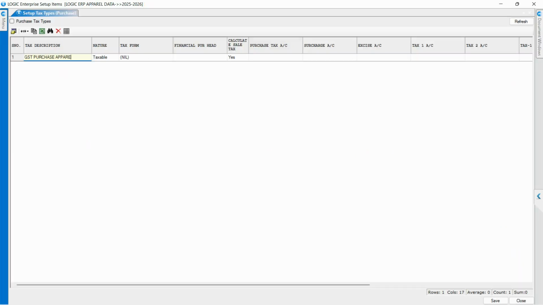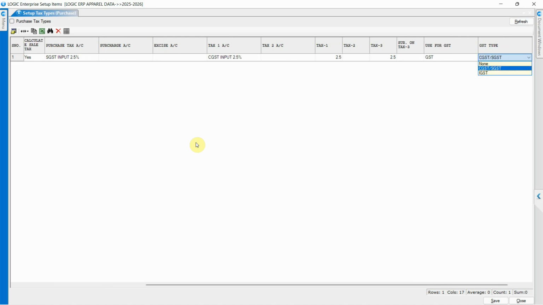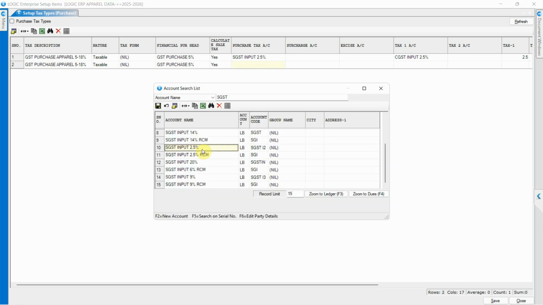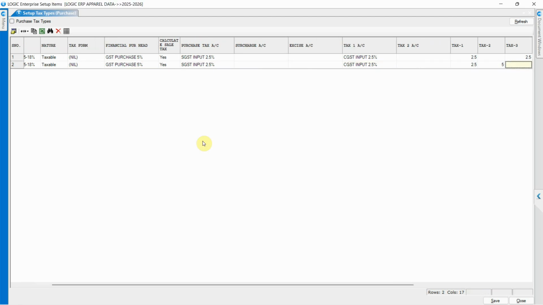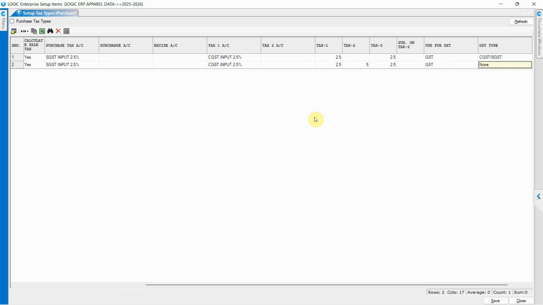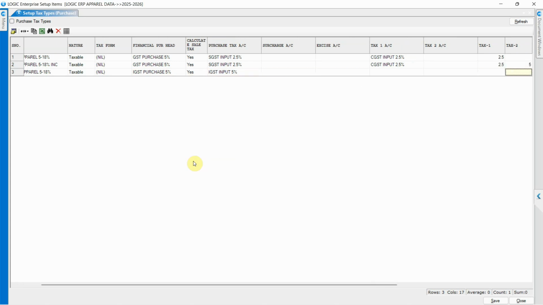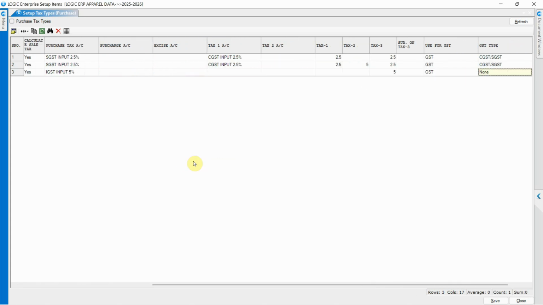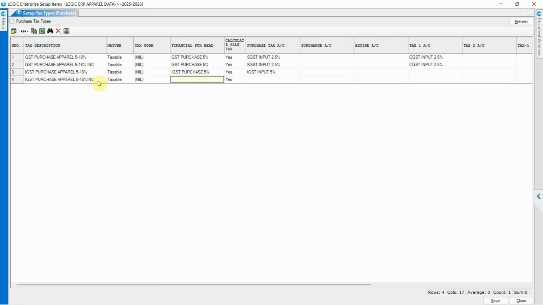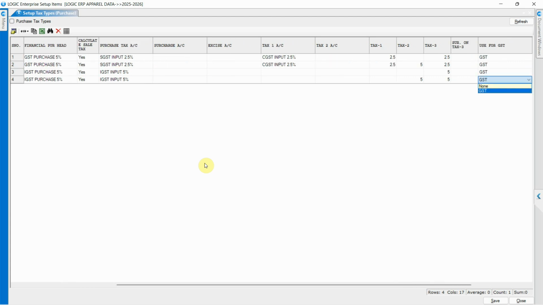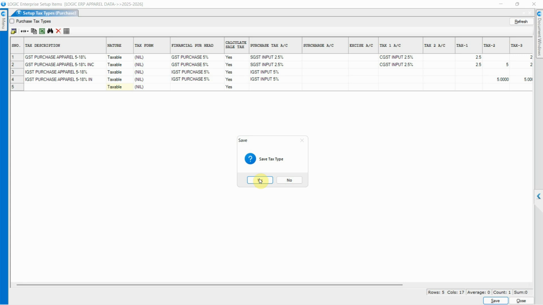Just like we created the tax types for sale, we will now set up the tax types for purchases. Once done, save the data.